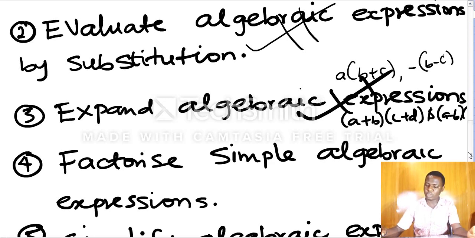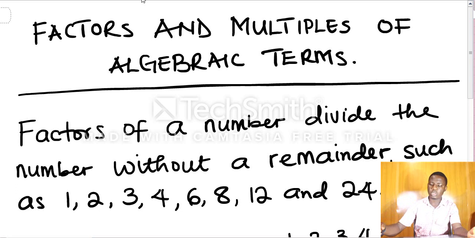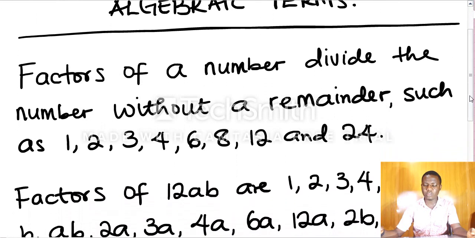In today's class, we are going to be looking at the fourth objective, which says we should factorize simple algebraic expressions. Before we go into factorizing simple algebraic expressions, let's first of all understand what we mean by factors and multiples of algebraic terms. We say factors of a number divide a number without a remainder. That is, a factor is a smaller number which divides a bigger number without a remainder,